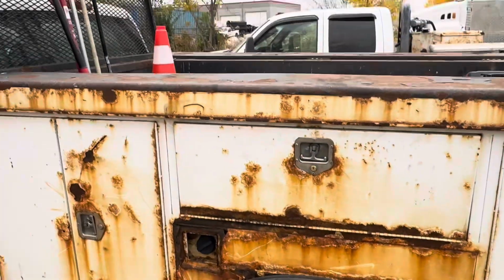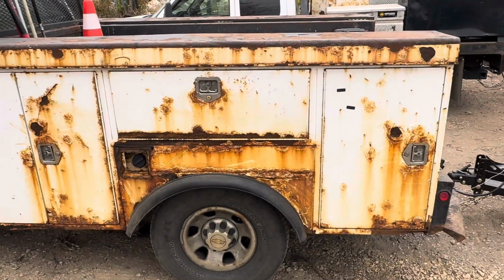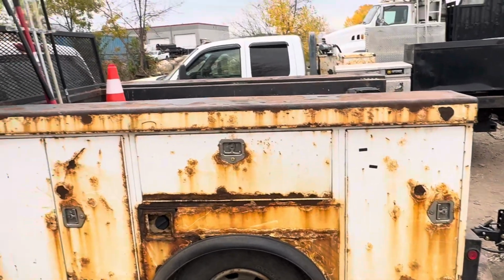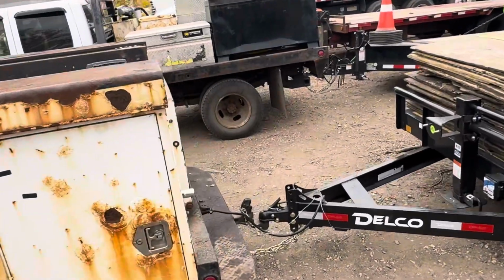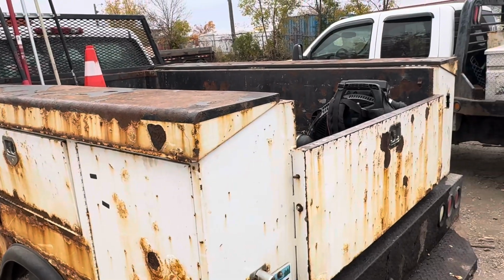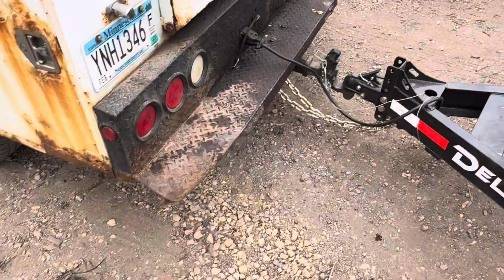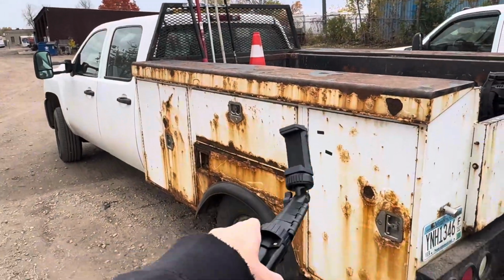All I want to do is get the rust, paint over the rust, knock it down a little bit so it doesn't look like a pile. That's all I want. It doesn't need to be fixed or anything like that. It just needs to be cosmetically a little bit more pleasing. Nothing too crazy. Might unload the skid and straighten out this bumper, but realistically, I'm probably just going to start on this side today